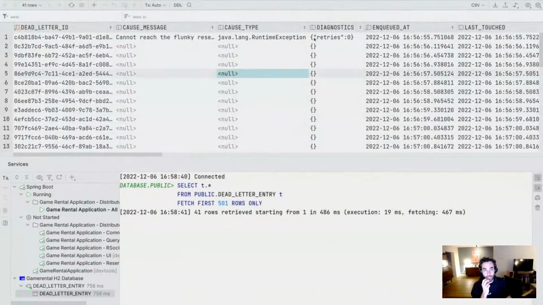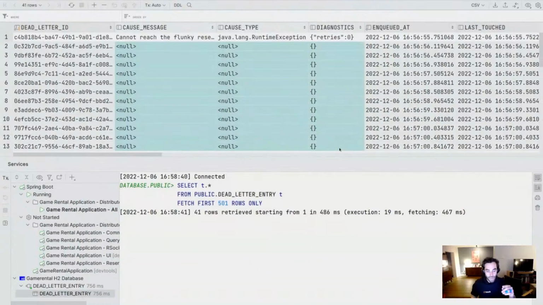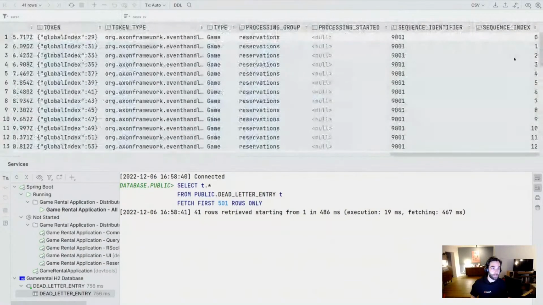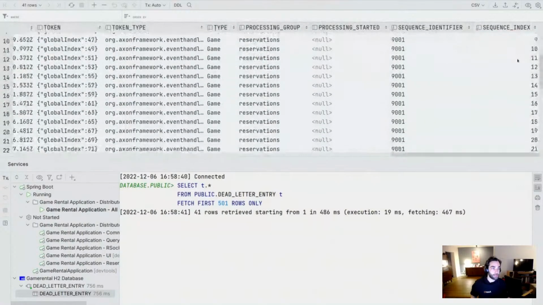So we see that we got one event actually with a cause, and the rest we don't. Not having a cause, message, or type, or diagnostics in this case, means that it's an event in a following step of the sequence, so trailing something else. We can actually see that if we move to the end of this, that we have a sequence index storing